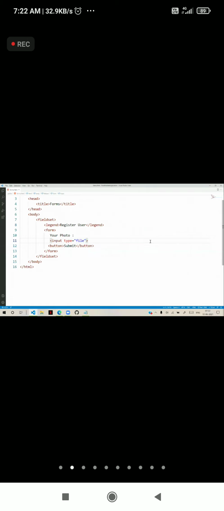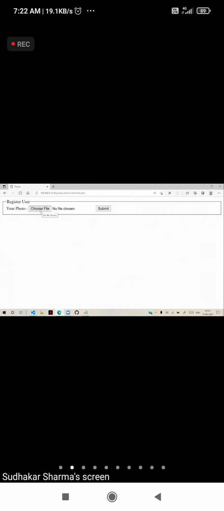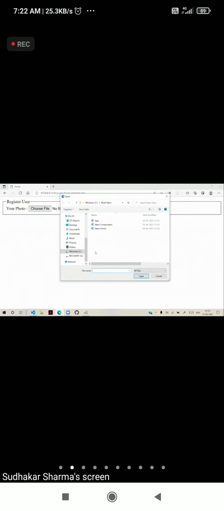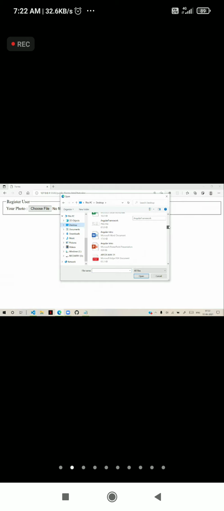So you can see that this will open a file upload control. You can click here and you can select any file. Actually, by default, it allows uploading any type of file. You can see here we have an option, it allows all files. So it is allowing all files.